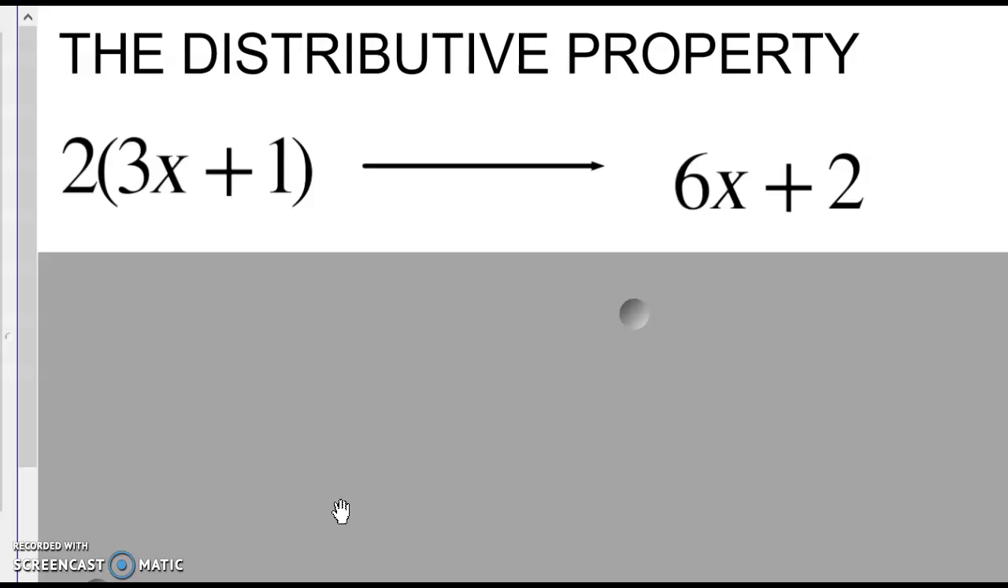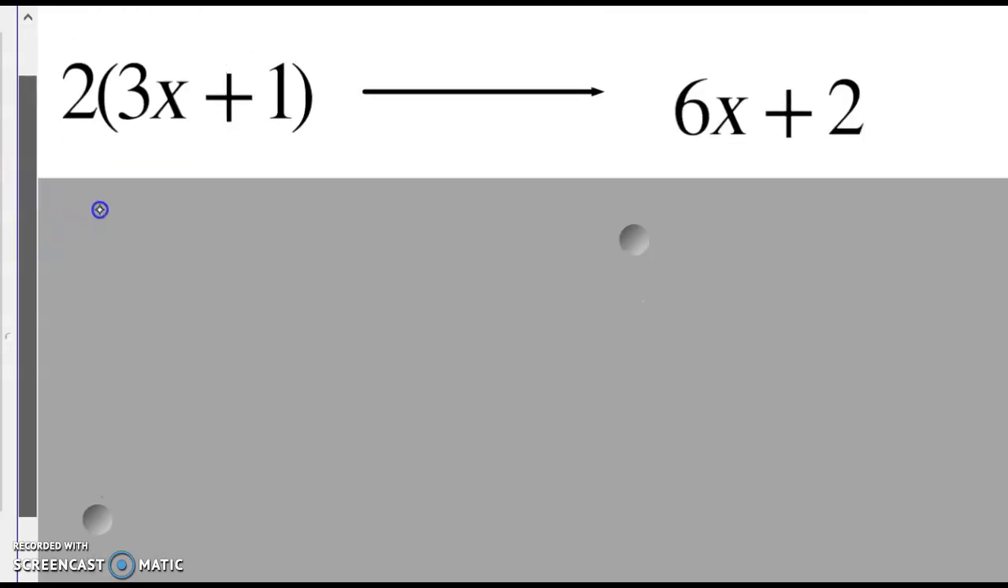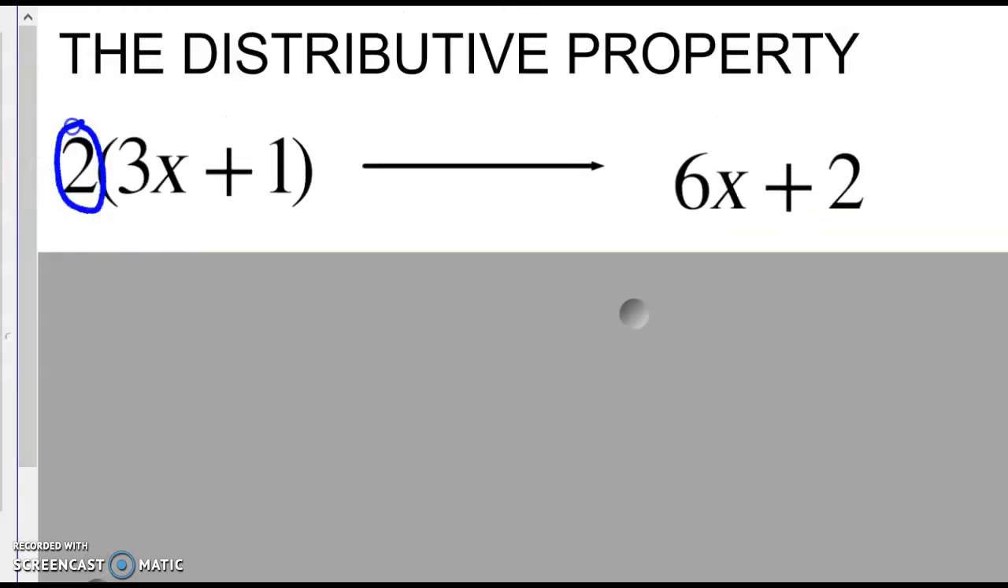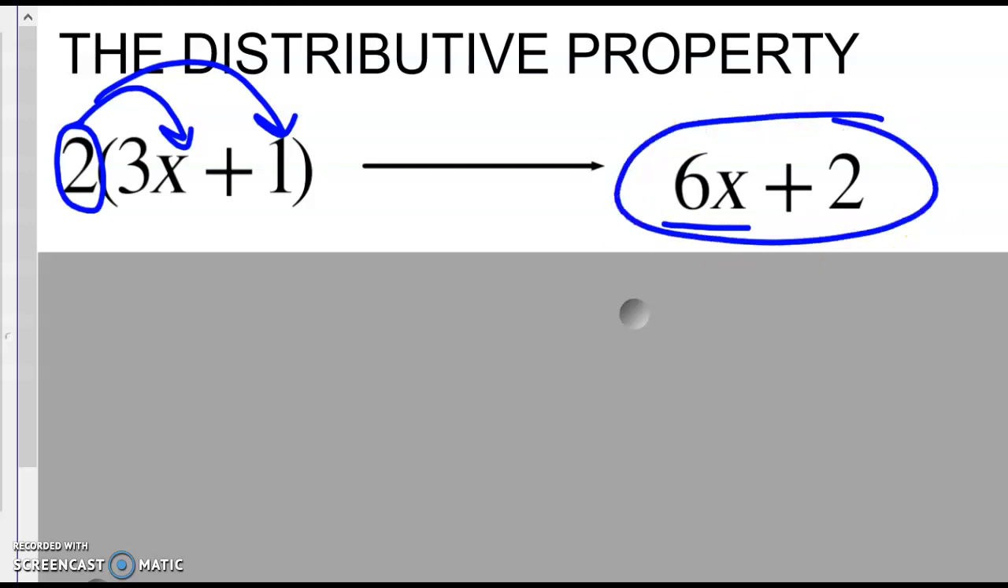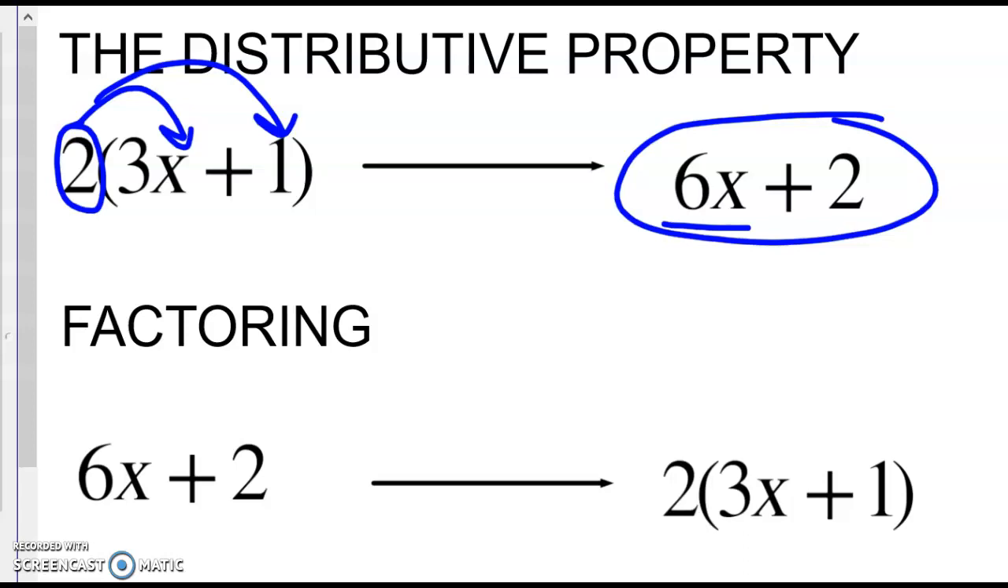So we have the distributive property here. We know we take 2 and we distribute. 2 times 3x is 6x, and 2 times 1 is 2. Hence, we get 6x plus 2. Now, going backwards is called factoring. So, here we are. We have